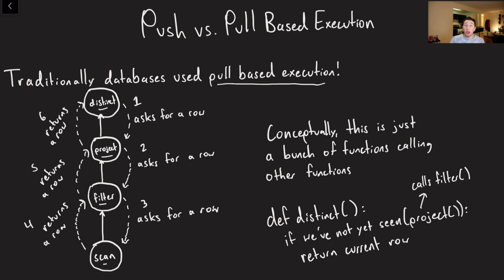So basically, in a pull-based execution model, we can label all of our operators in this tree or in this graph, and every single thing that we're going to do is basically one operator is going to say, okay, I'm the distinct operator. I need some data. Hey, project operator, go give me a row so that I can determine whether or not it's distinct and should return it. The project operator is going to say, okay, well, now I need to get data, and how can I project this data to the field X that I care about unless I have data? So in step 2, the project operator is going to ask the filter operator for a row.